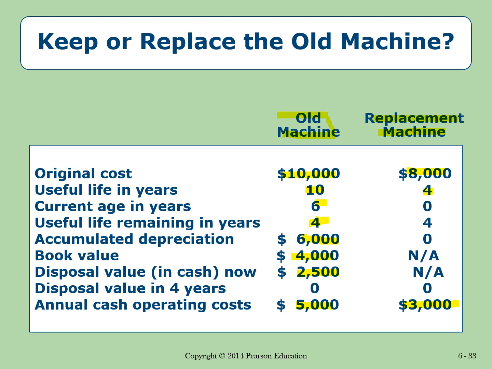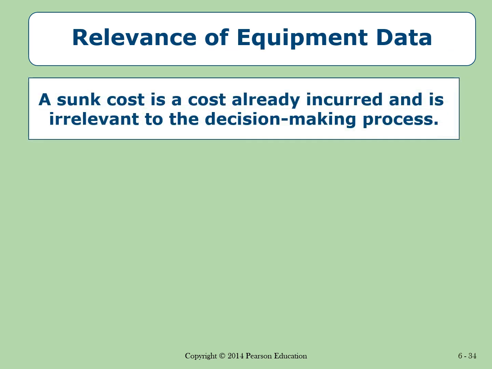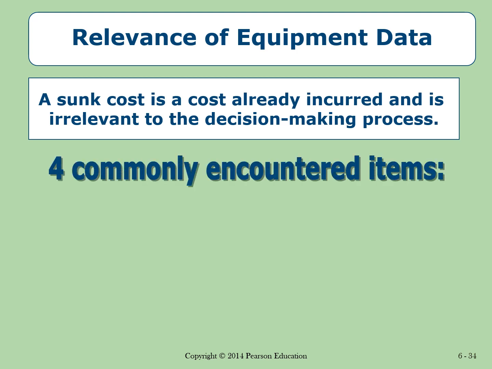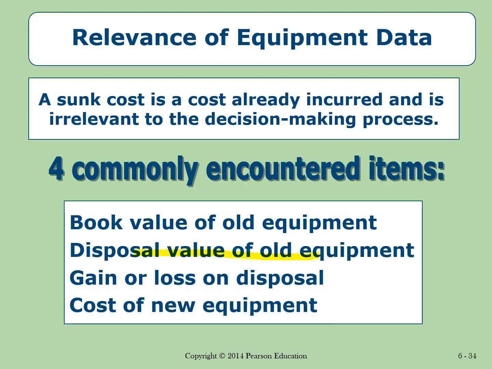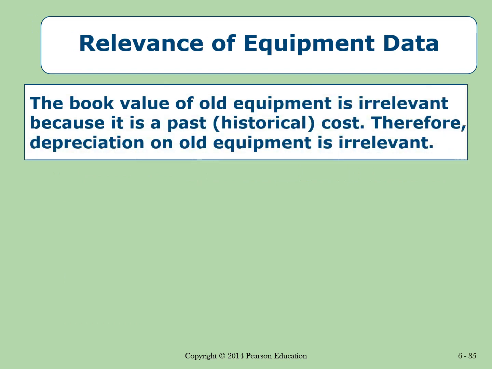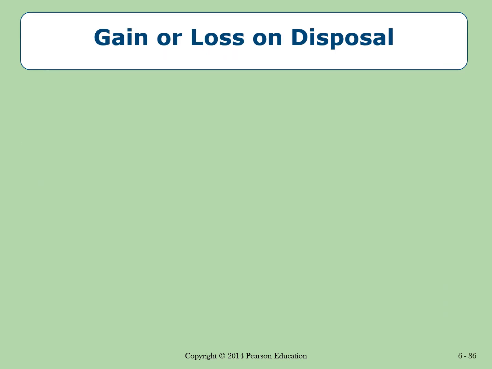Sorry, but we are going to take into consideration the disposal value, of course, and the annual cash operating cost, as mentioned in the next slide. Here we have the disposal value included, the gain or loss on disposal included, and the cost of new equipment included. What about the book value? If we are to include it, we must include it in both columns, the one related to the old machine and the one related to the new machine, or the refurbished machine, which is the replacement one, as we are going to see in the illustration related to